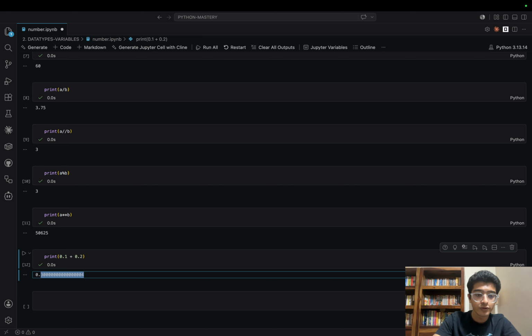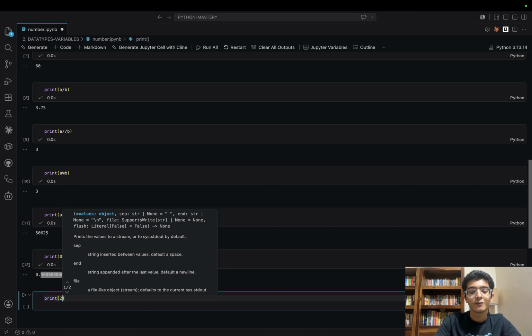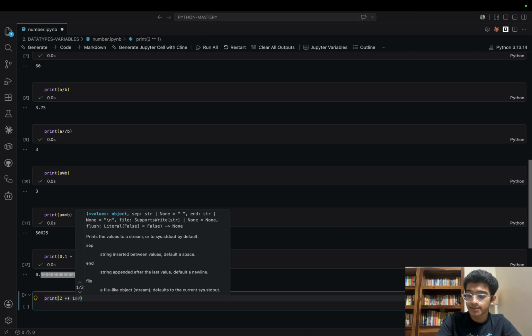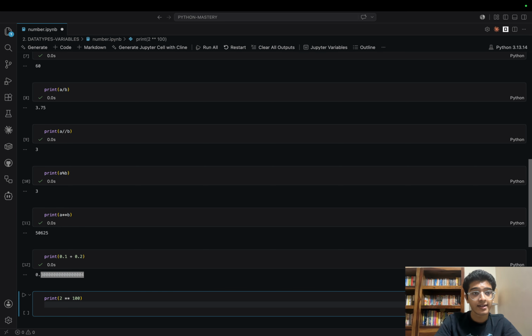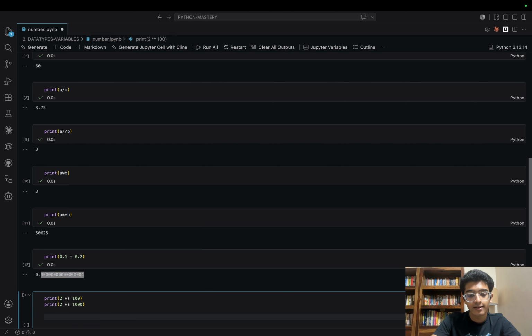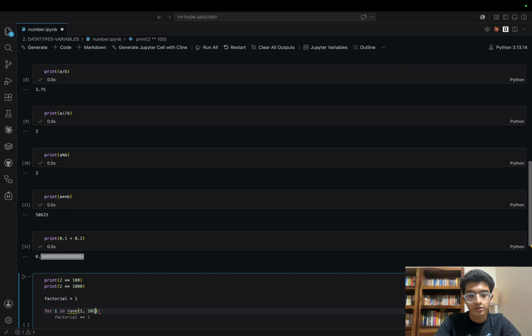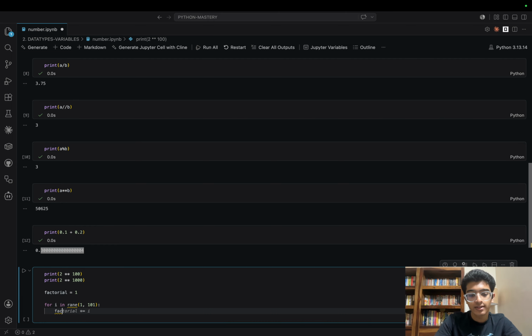For example, if I want to use exponents, so what I'll do, I'll write a print function and I want to use 2 to the power of, say, 100, and I'll write another one, print 2 to the power of, let's say, 1000, and then I'll assign a variable called factorial and use 1, and I'll add a small for loop where I say for i in range, say, 1 to 101, the factorial should compound with i, and then at last we'll print factorial,